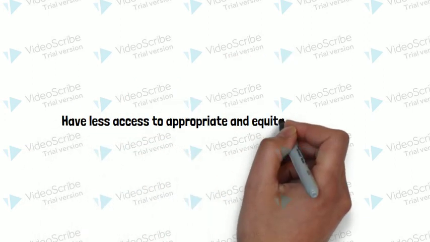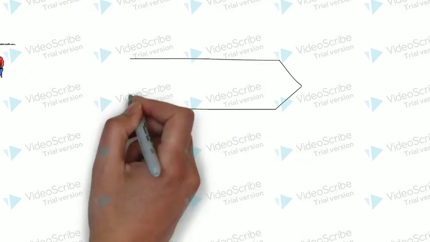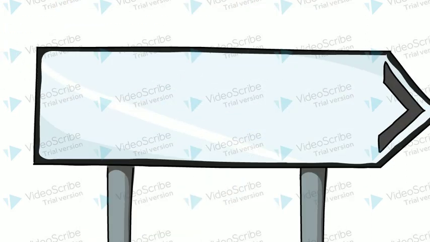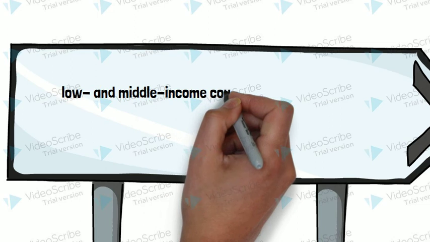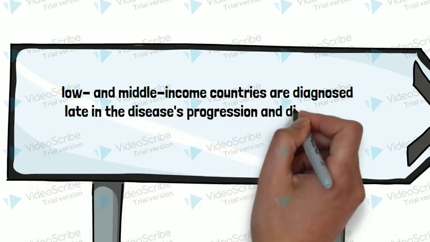Cardiovascular disease and other non-communicable disease patients have less access to appropriate and equitable health care services to react to these conditions. As a result, many persons in low and middle income countries are diagnosed late in the disease's progression